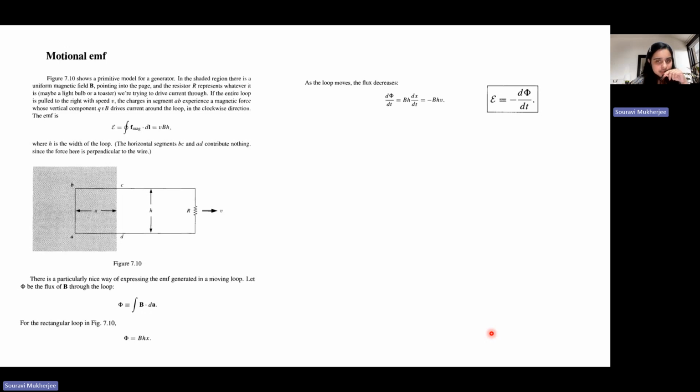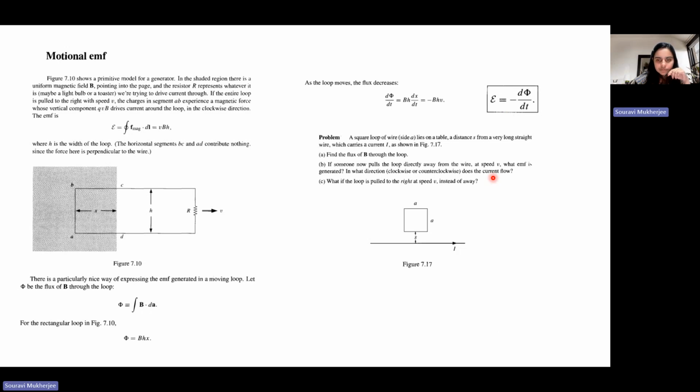So what was found is that this EMF is associated with the flux that is linked with the loop. Okay, it's given as the negative of the rate of change of flux. So that is what is called the motional EMF. Okay, so we saw that if you have some current carrying wire I with some magnetic field, right, and then you